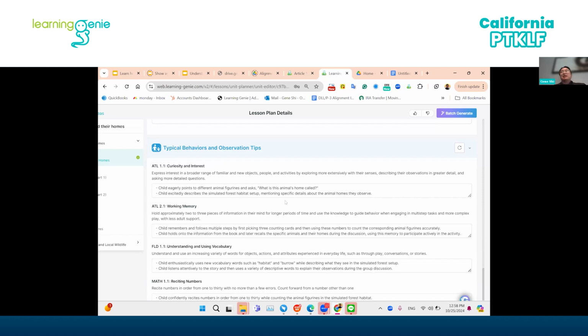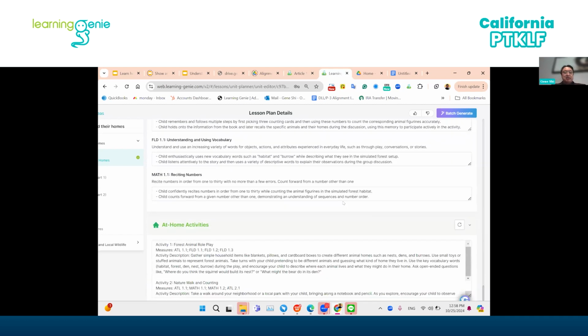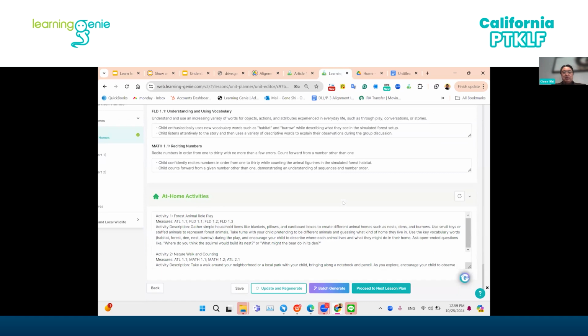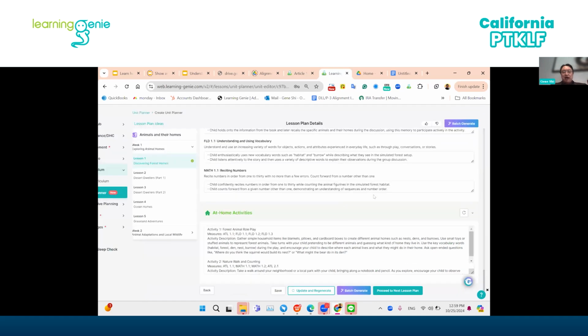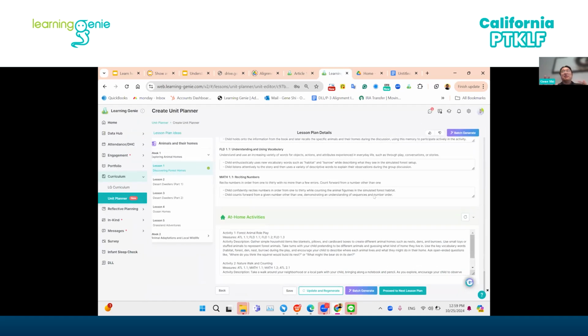Hey, what do you mean by working memory, right? What do you mean by curiosity? I want to observe a child with curiosity. How should I do that? So we just give you points where a teacher can connect the dots. When they teach, they prepare this, and when they teach, they can observe. They understand the standards, but they can also understand the assessment. But we also have it at home. So it's very short, and that shows how we can support teachers to learn the